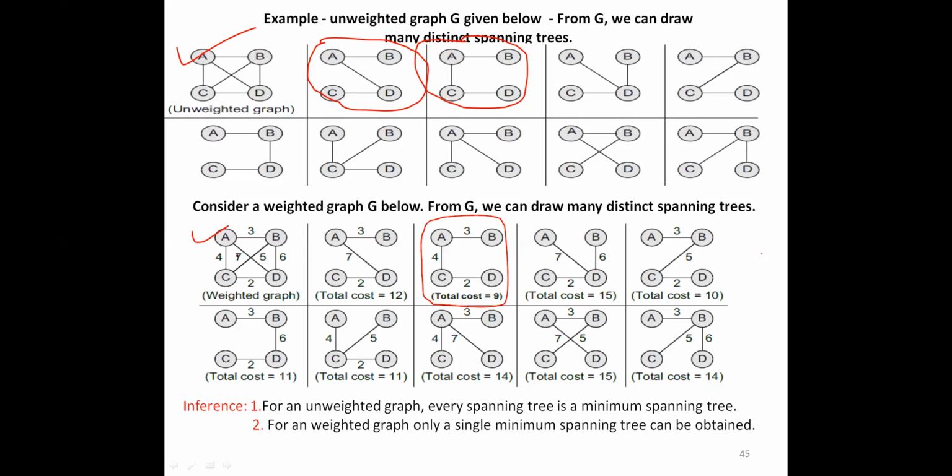So, in the case of the weighted graph, these are the possible spanning trees. In each spanning tree, we will look into the weight. What is the total cost? When you take the first one, it is 3, 7, 2. So the total is 3 plus 7 is 10, plus 2 is 12, like that. Now I am going to find which spanning tree has the minimum or lowest cost, in such a way that all the vertices are connected with a minimum number of edges. So we can conclude that this second spanning tree has